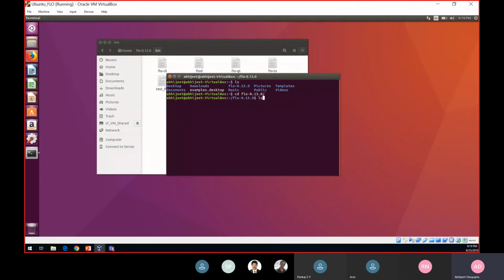Once you are there, you can just type the ls command again to see the number of directories or the names of directories that are available there. You just need to go to the bin directory using the cd command. Once you are in the bin folder, you just click on,